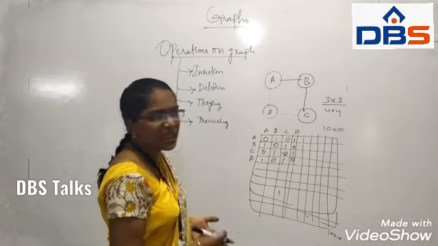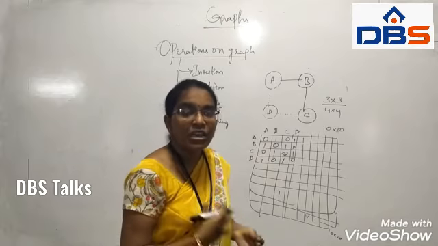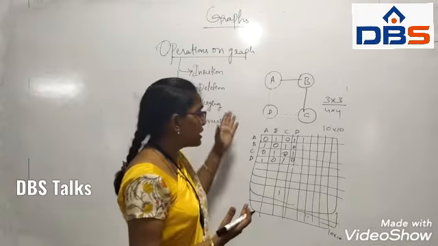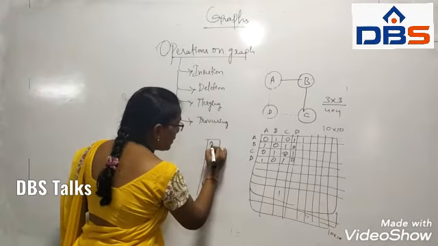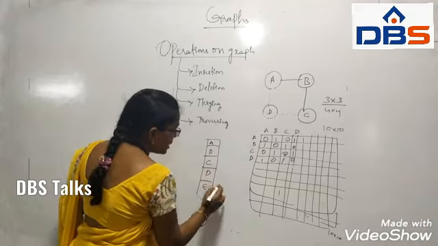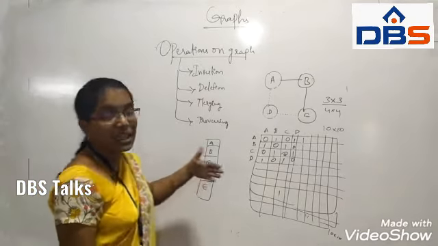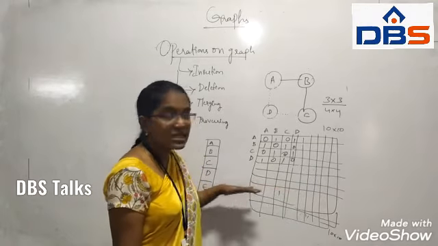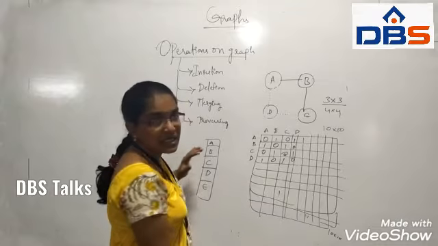If it is a list, it is very easy to increase the size dynamically. We can increase the size in the memory dynamically if we insert by using the list. Just like this we can add A, B, C, D and E, and increase the size dynamically. But when it comes to a matrix, we have to fix the size. Okay? This is the insertion operation in the adjacency matrix and adjacency list.